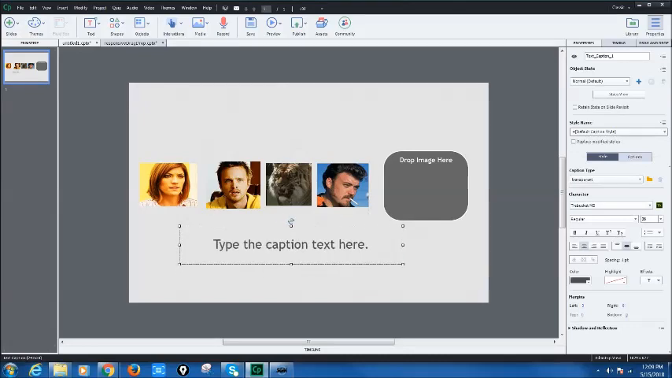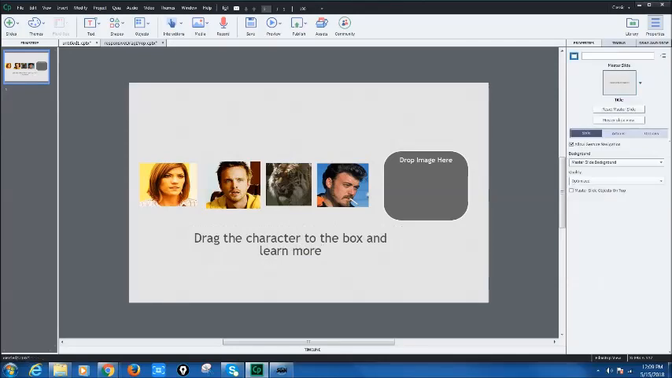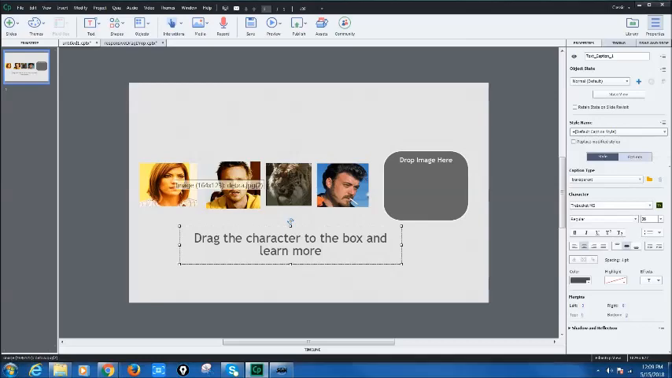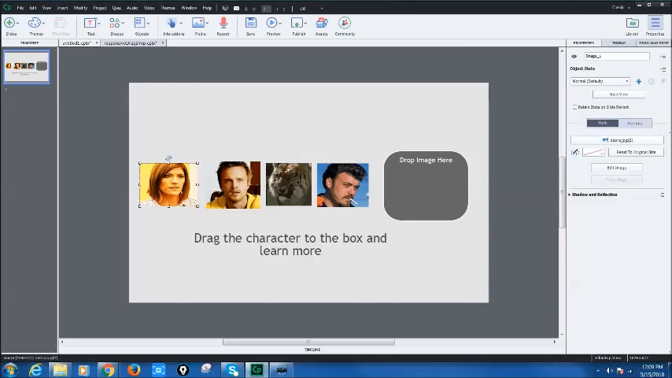And there's our text. And let's change it. Drag the character to drag them to the box and learn more. All right. So one of the things that will help in doing this, if I click my first image, it